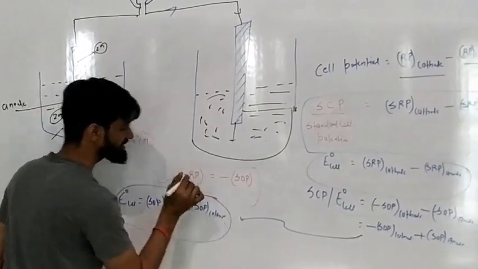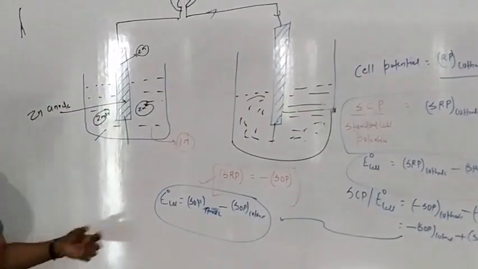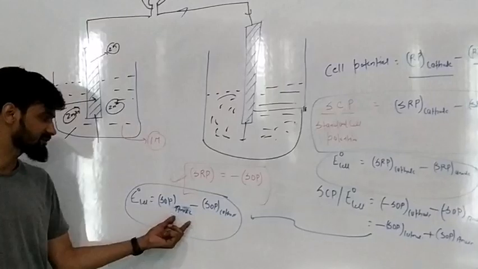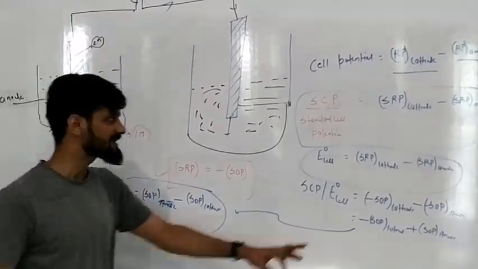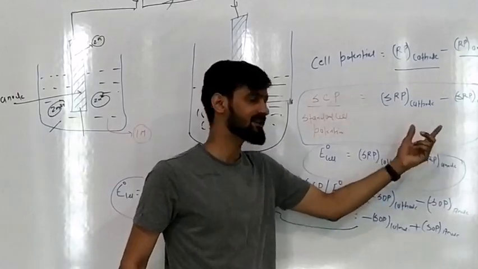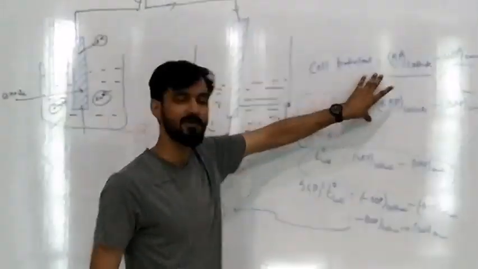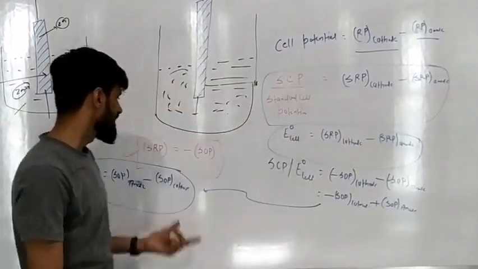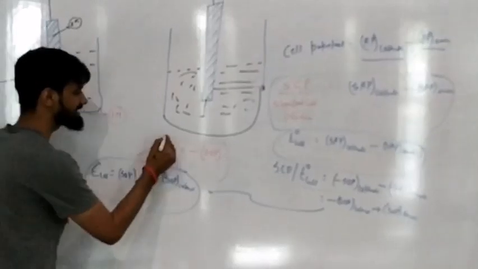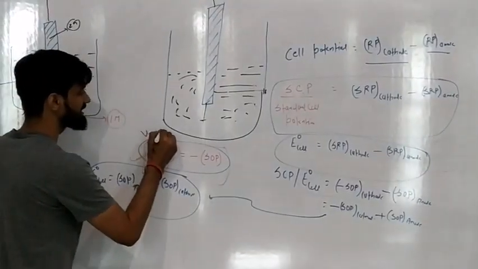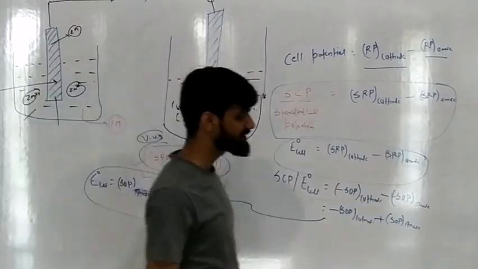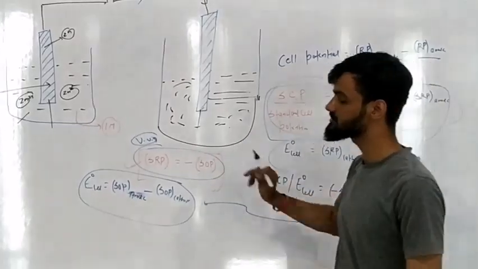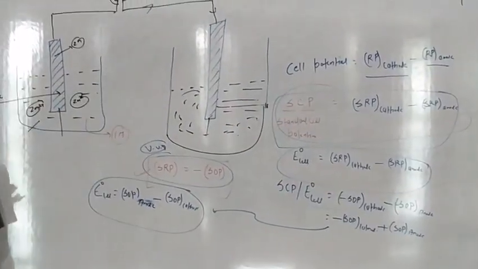So it depends on the situation, on what the question is asking about E naught of cell. If the standard oxidation potentials of cathode and anode are given, then you can use this formula. If the standard reduction potentials of anode and cathode are given, then you can use the other formula. If you remember these formulas, you will be able to solve every question related to this topic, because you have to use only two correlations. One is this, and the second most important correlation is the standard cell potential formula. If you remember both, you will be able to solve all questions regarding this topic.